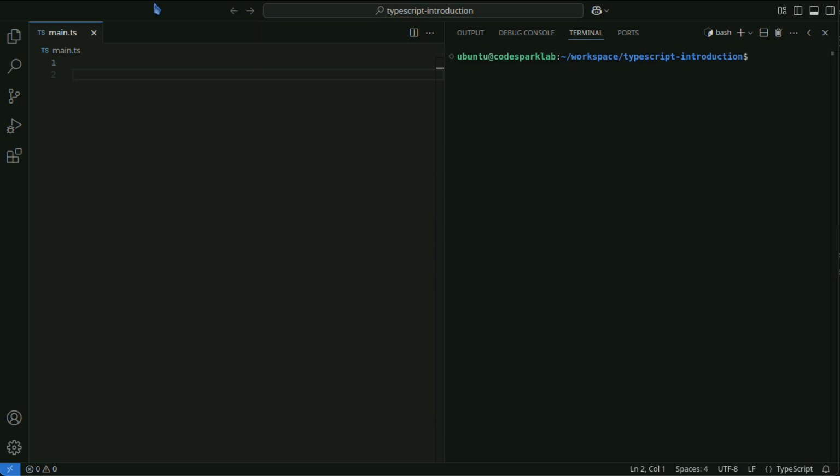Use the document object to get HTML elements.